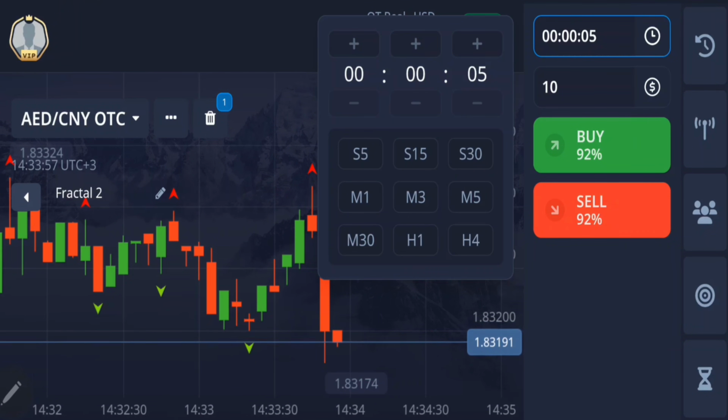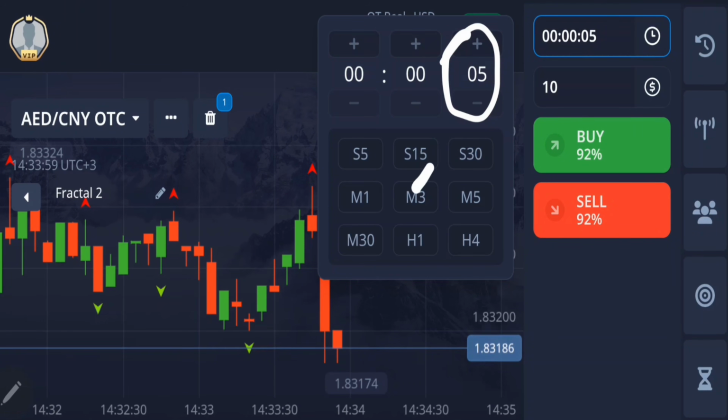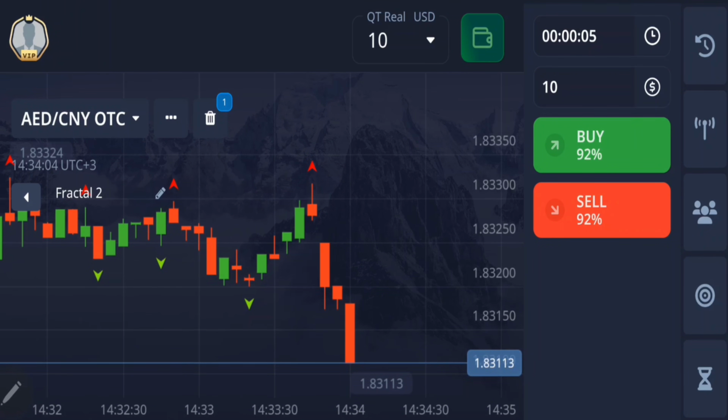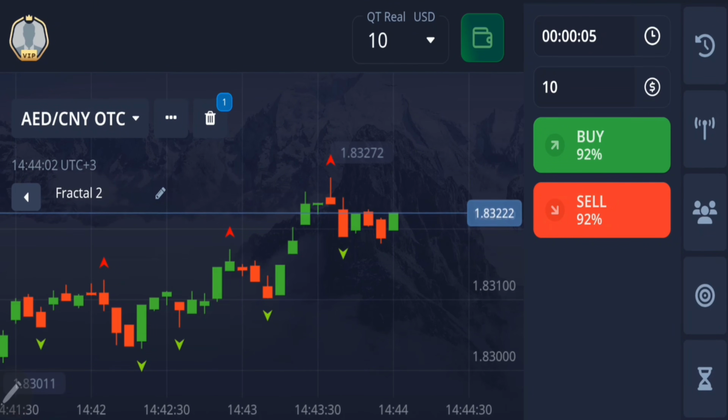So I set the expiration time at 5 seconds. I put $10 in a trade amount. But before I start trading and growing my $10 balance, and I remind you guys that my goal is to turn this $10 into something really big,